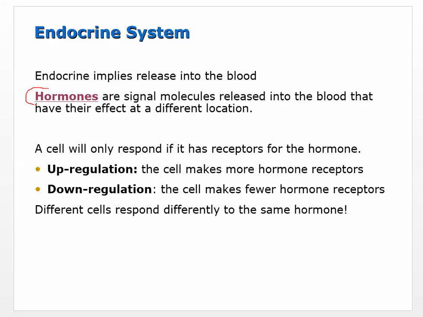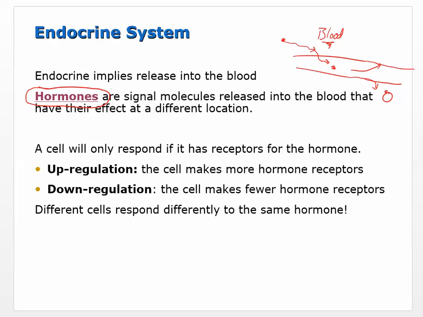So when we're talking about a way for the brain, the body to communicate with cells that are a long ways away, essentially that's what's going on with the endocrine system: we'll produce a hormone in one place, and then that will move into the blood. Another very important fact about the endocrine system is that the hormone is released into the blood, and then once it's in the blood, it can move to wherever. And it'll only affect a cell that has a receptor for it.